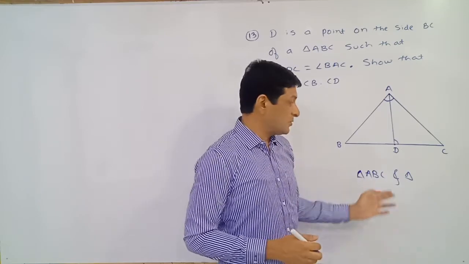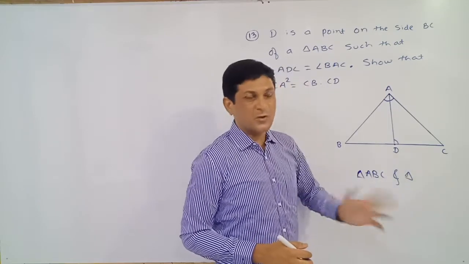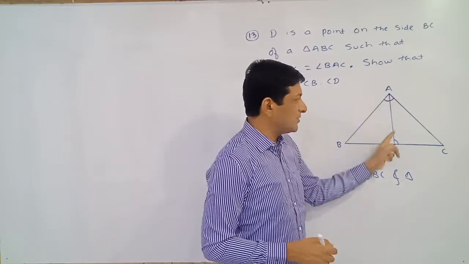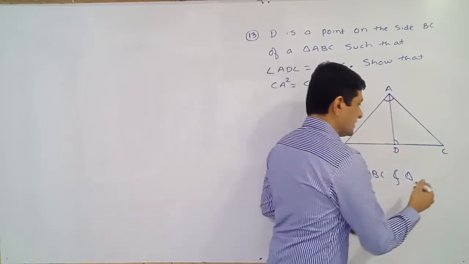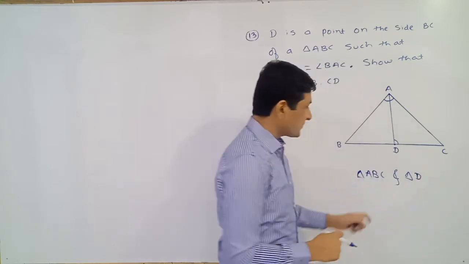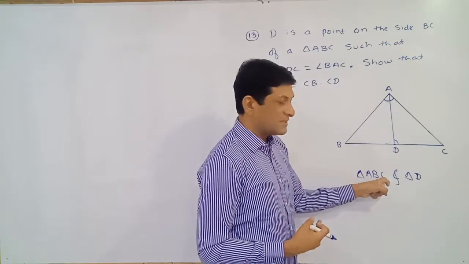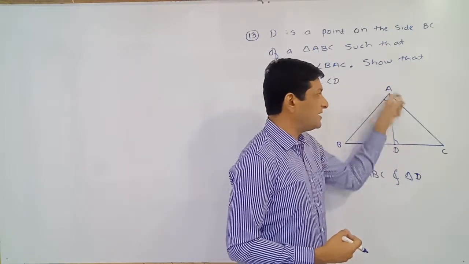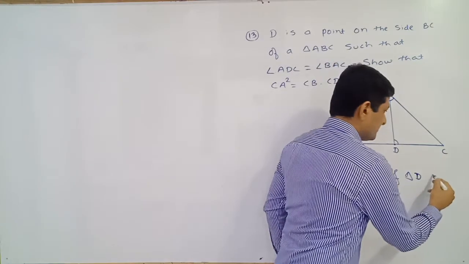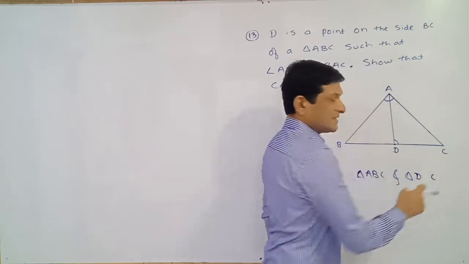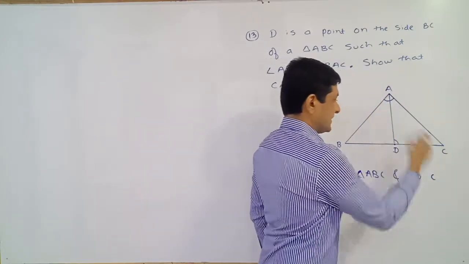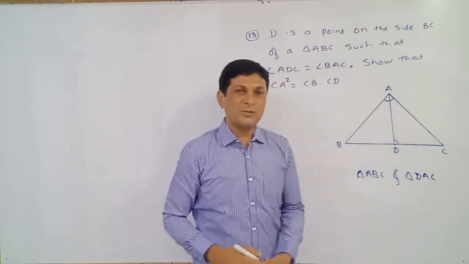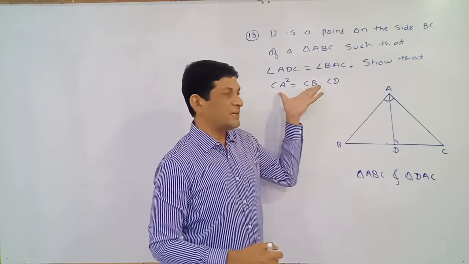While writing that another triangle we have to observe the correspondence also. So angle A is equal to what? Angle D. It is given to us. So write down angle D, and we can observe that C is the common angle of these two triangles, ABC and triangle DAC. So the corresponding angle of angle C will be C, and the remaining vertex is A. We have to show that these two triangles are similar. If we are able to show this, definitely we will get our required result.